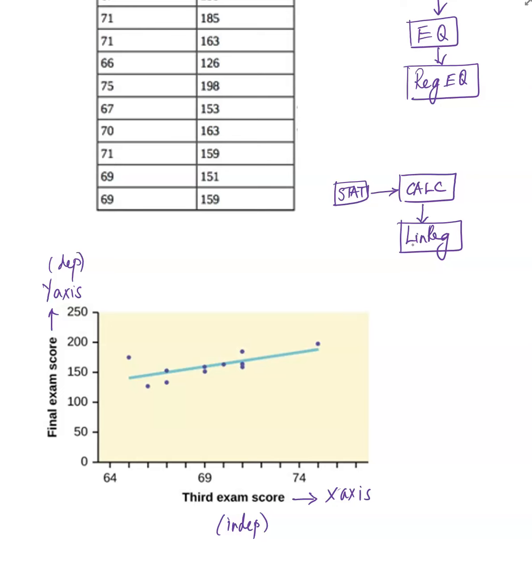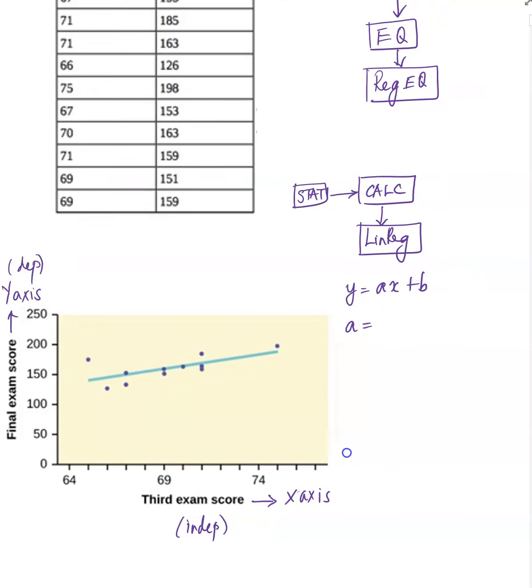Make sure that you are calling upon the right list. Under LinReg, you'll have Xlist, Ylist, and those are the only things you'll have to do. Go down to Calculate and hit enter, and you will get y equals ax plus b, with a as